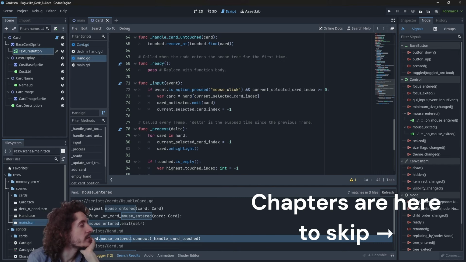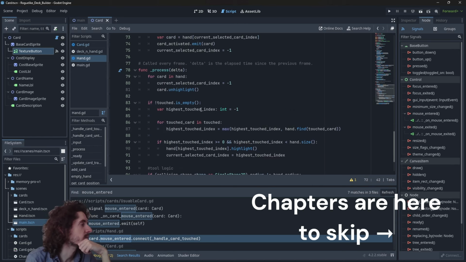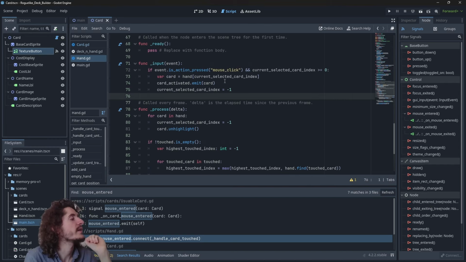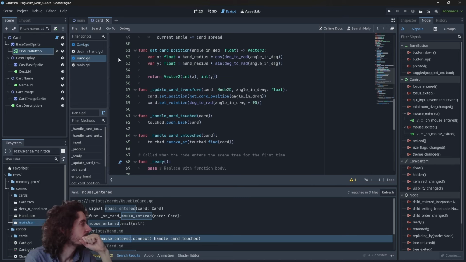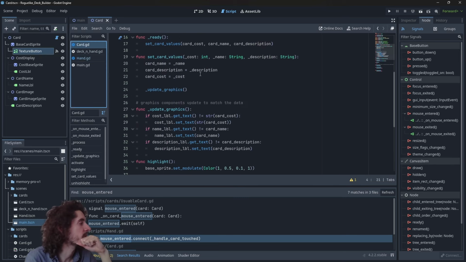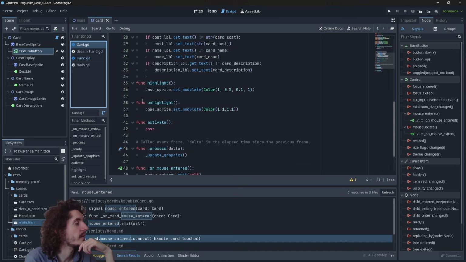Here, for example, we are using this input event where we check for mouse clicks. And so here in the process, we are actually watching the amount of cards in hand. I think I have a better understanding. So what I will do is I will go back to the card because in here, we actually have the highlight and unhighlight